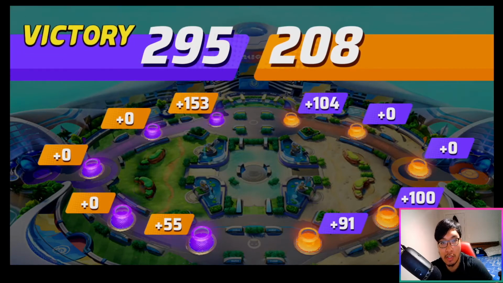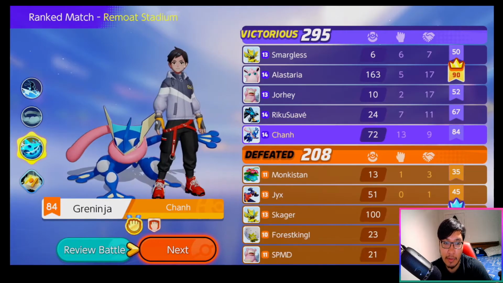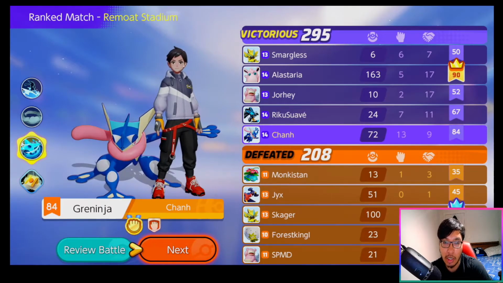So the score is 295 to 208, and that may seem close. In reality, it is close. But from start to finish, the score is very misleading. We played it really well. We secured all the objectives from start to finish. We got both Dreadnoughts, both Rotoms, and we didn't necessarily make any significant or detrimental mistakes that would affect the